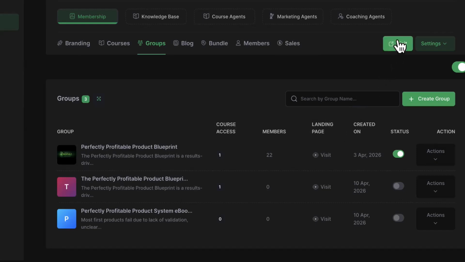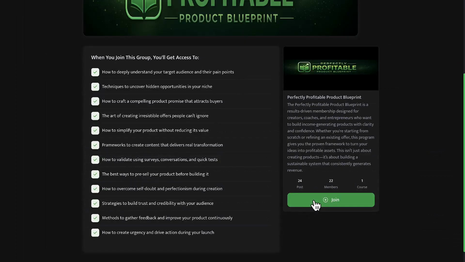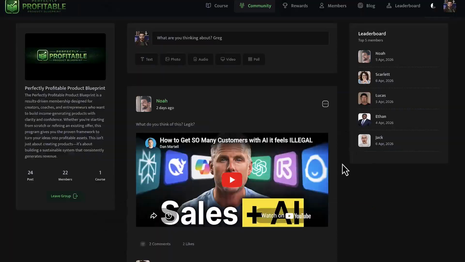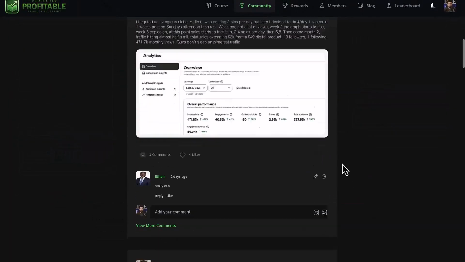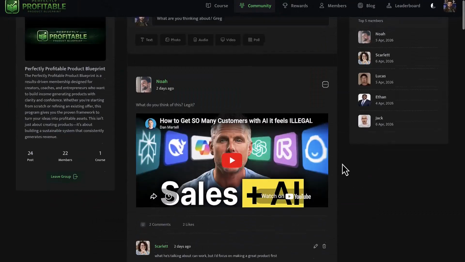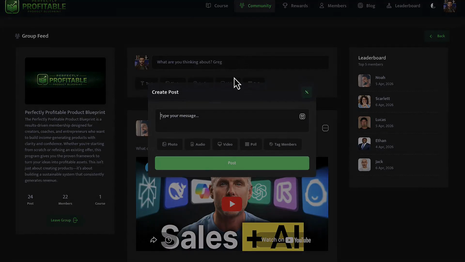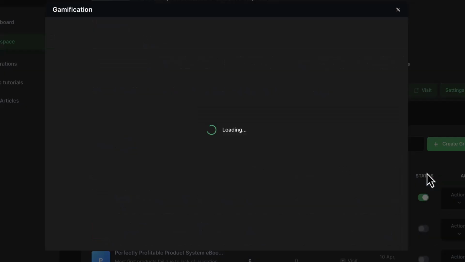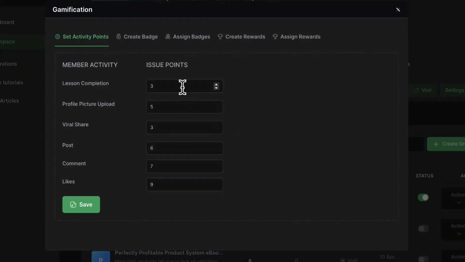Let's make this practical. If you're an expert in any niche, you can turn what you already know into a faceless course brand without recording lessons yourself. If you run an agency, you can clone a client expert into a full operating system and rent that team out as a monthly service. If you're a complete beginner, you can pick one small evergreen niche, let GuruOS build the product and the community, and use gamification to bring in your first members.